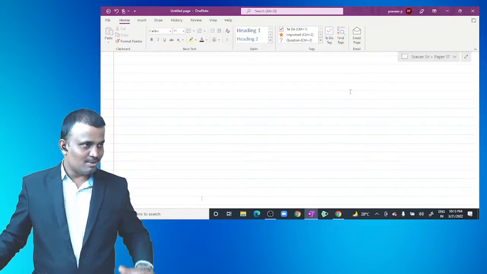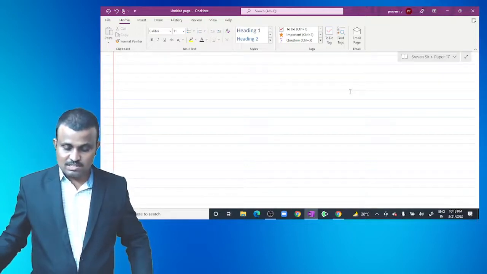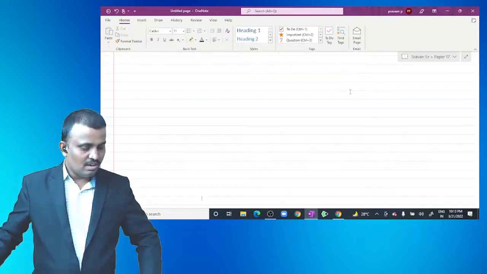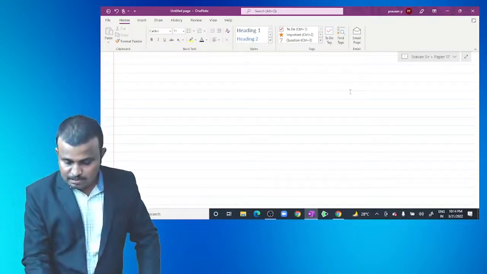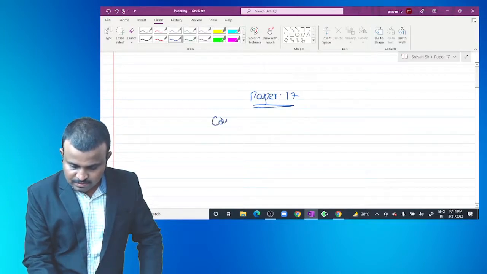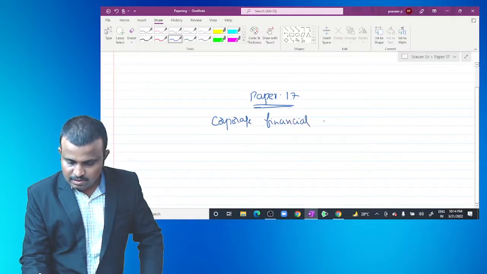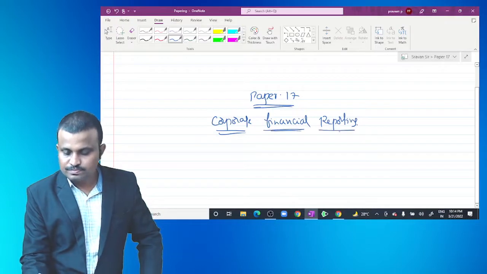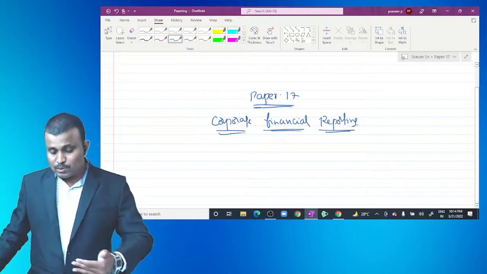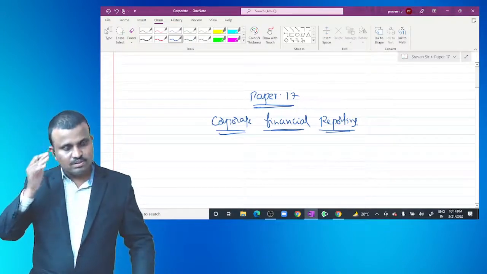My name is Ravan Kumar. I'm a qualified cost accountant and an all India ranker in CMA final. I'm here to teach Paper 17, CFR, Corporate Financial Reporting. Before going to the topic,